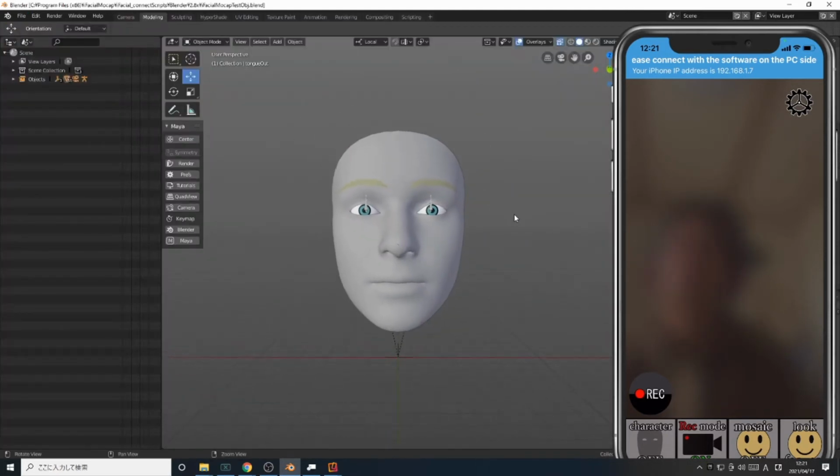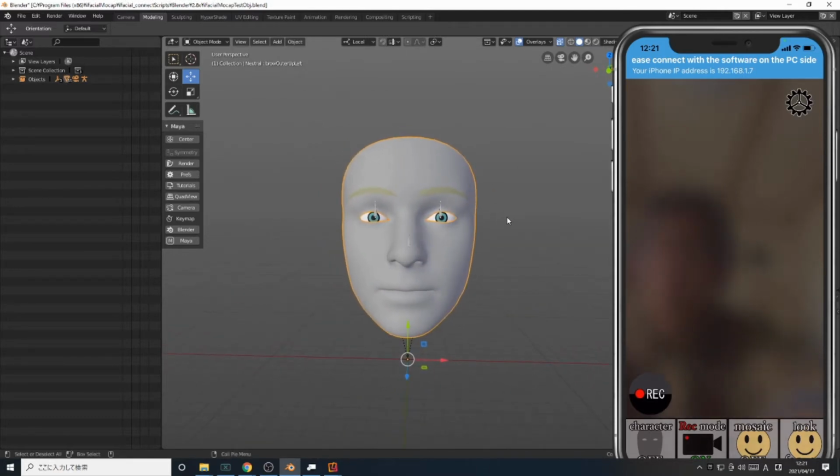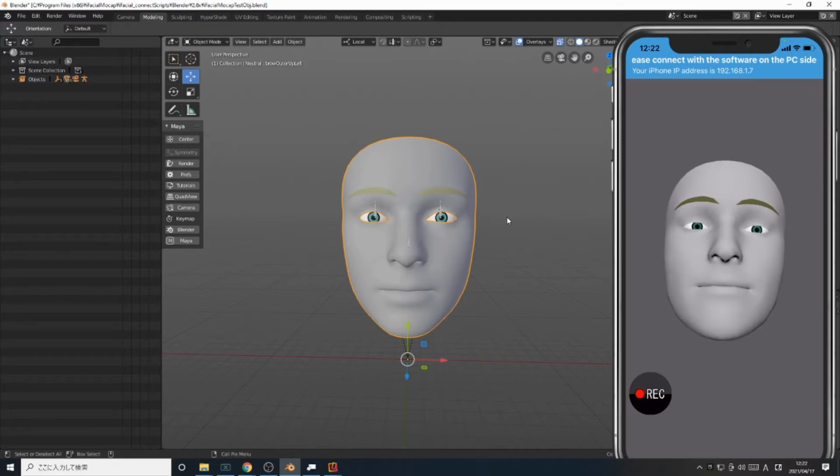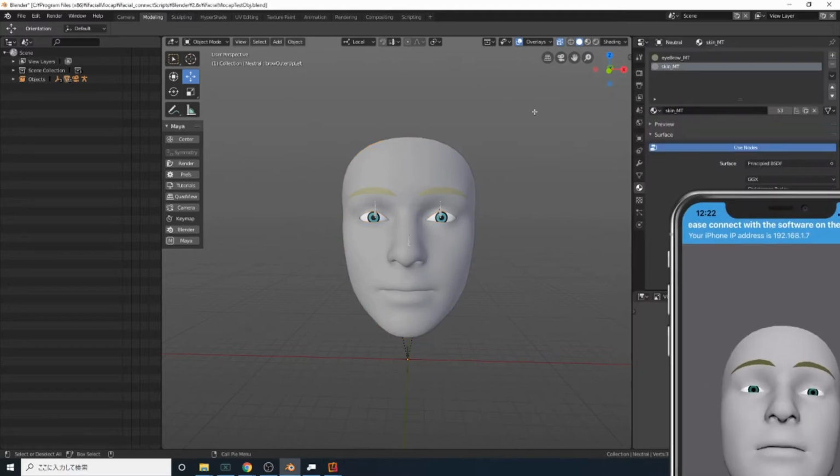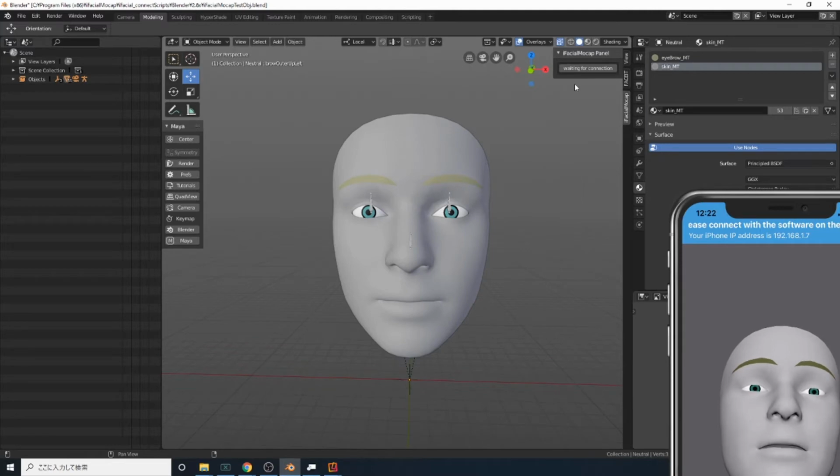This is the avatar for checking the operation with Blender. It is the iOS side application shown on the right side. Now press the N key on your keyboard to display the iFacial Mocap Blender add-on. Press the Waiting for Connection button.